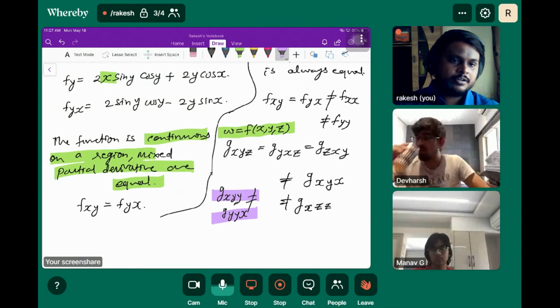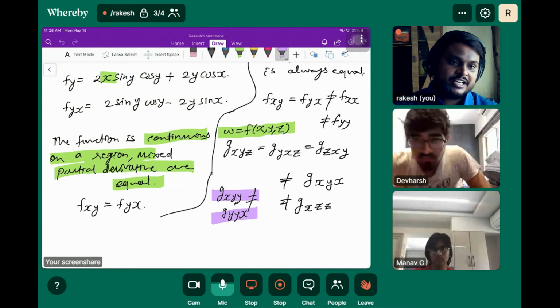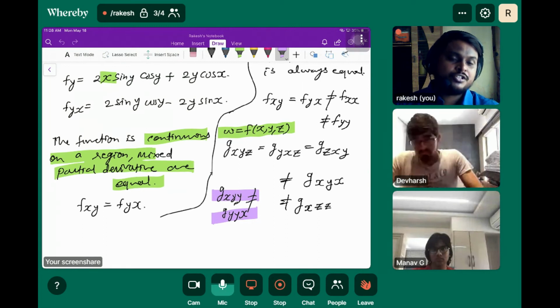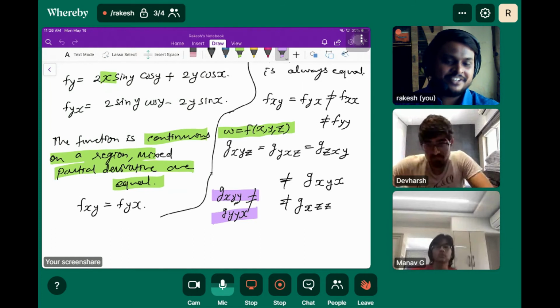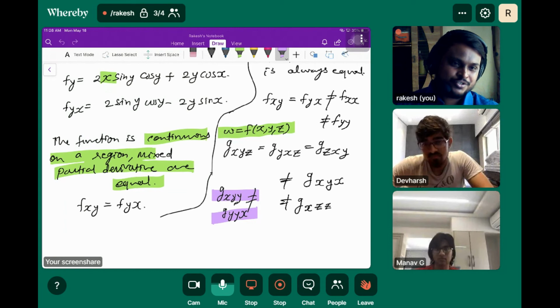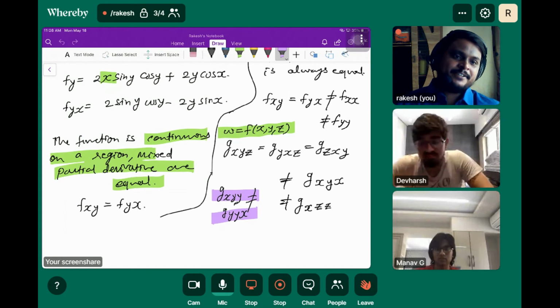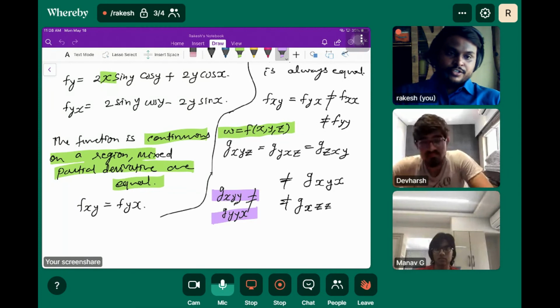I think you got a pretty good idea about what a partial derivative is and why we are doing it. If the idea is not there, saying I don't know why we are doing partial derivatives, I don't care, I'm just doing this because I know the process of finding derivatives, that shouldn't be the answer. You should tell the answer why we are doing that. Okay, so we should stop here.